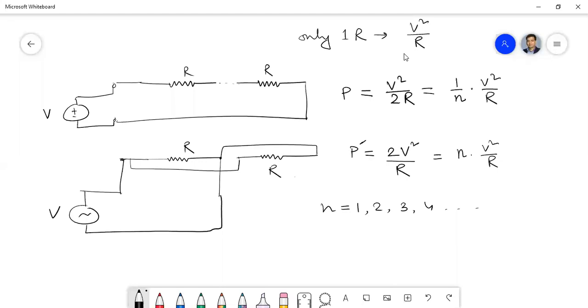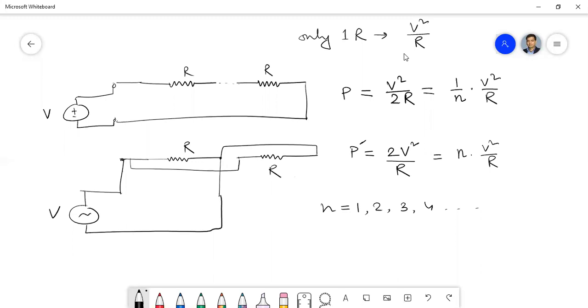So this is how I can change the heat by changing the number of elements as well as by changing the combination of elements. If I change the number of elements, then the heat or the power to the heating element will vary. And also if I change the combination, then also the heat to the heating elements will vary. Is that clear? So this is the series parallel.